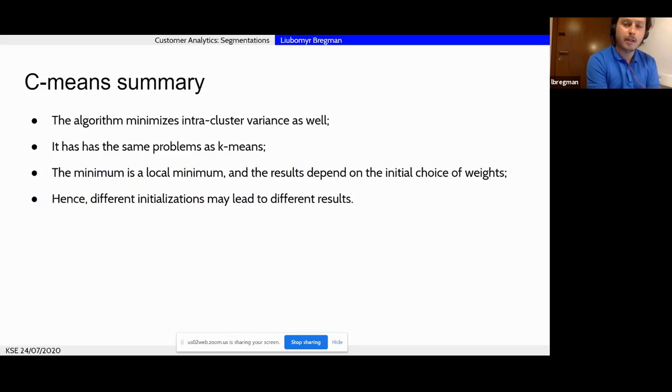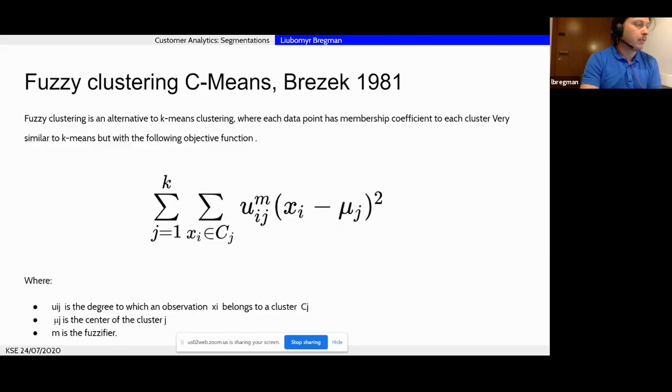It has pretty much the same problems as K-means, but a few significant differences in the way the engine of this algorithm works. So just a little bit of math; extended explanations are also available in the appendix.